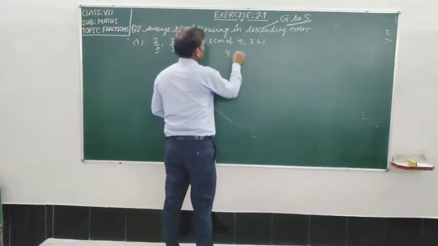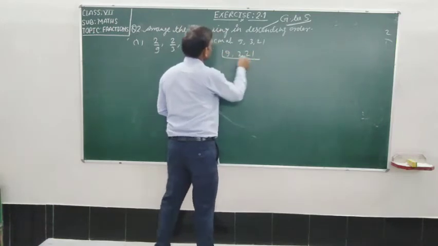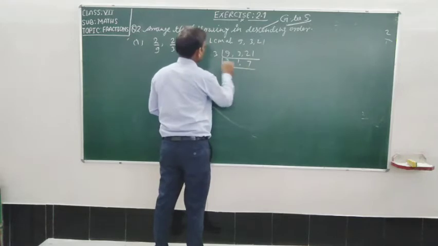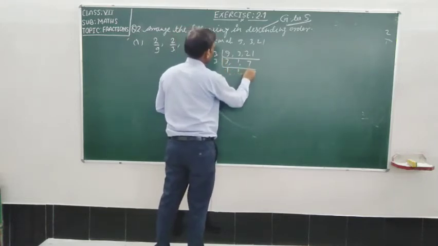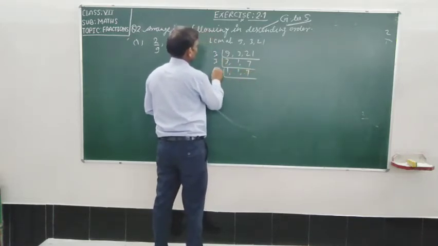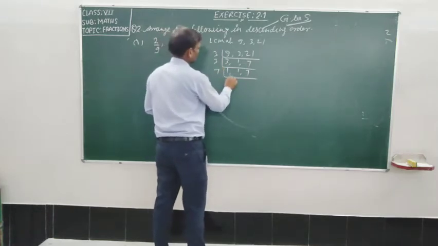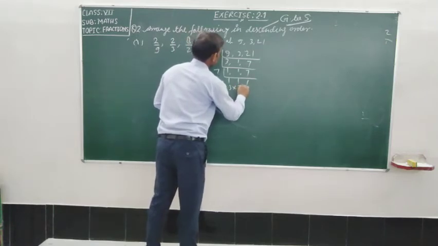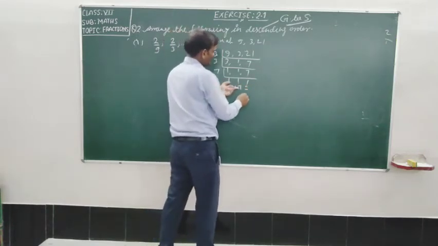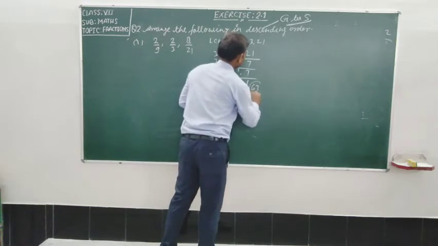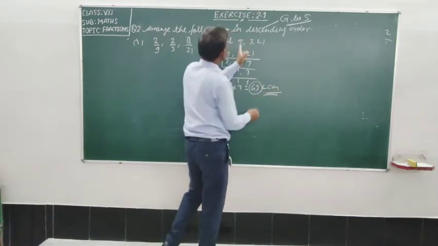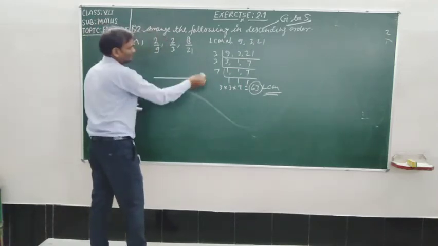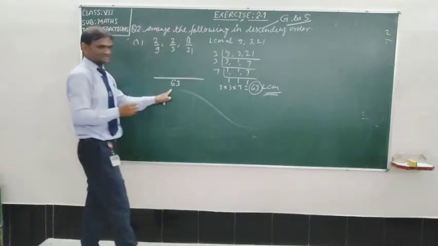तो 9, 3 एंड 21 का एलसीएम होगा स्टूडेंट 3 3 जा 9, 3 1 जा 3, 3 7 जा 21, 3 1 7, and 7. 3 into 3 into 7 is equal to 3 3 ja 9, 9 7 ja 63. This is LCM of 9, 3 and 21. Now student, draw the line and write the LCM like this.